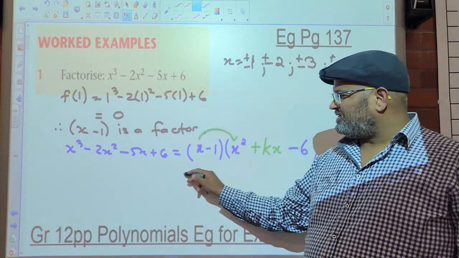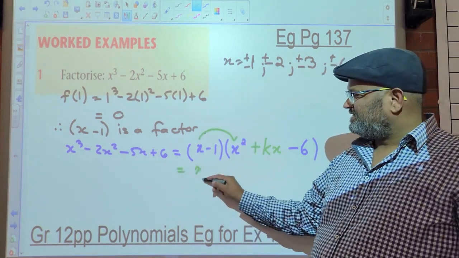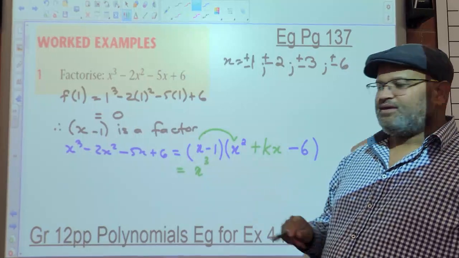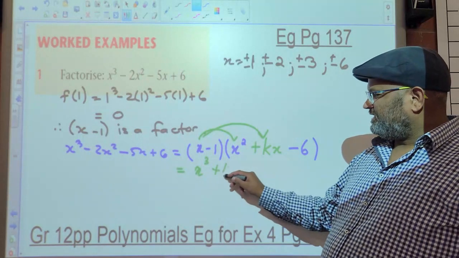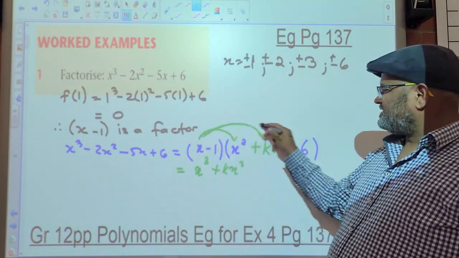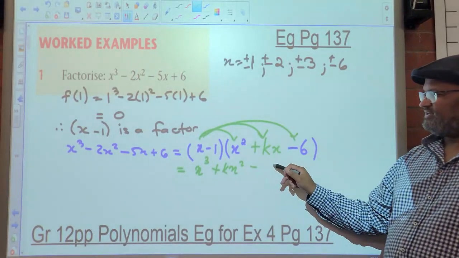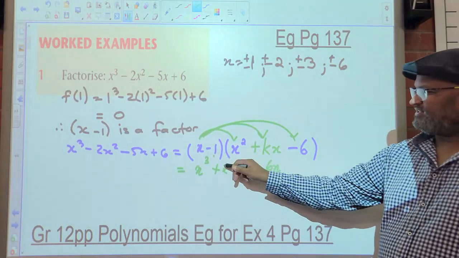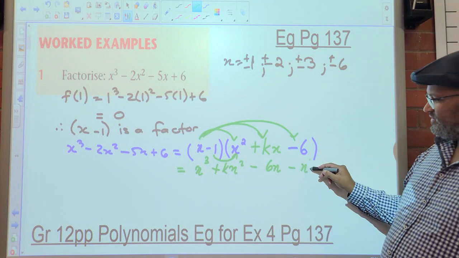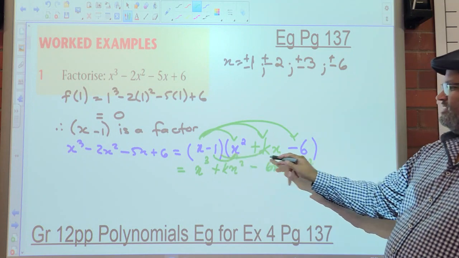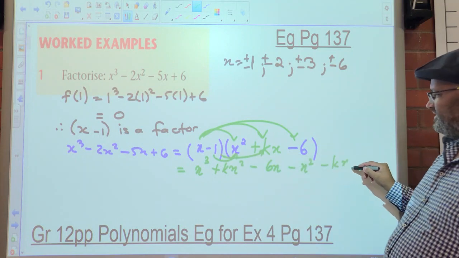x times x squared is x cubed. What is x times kx? kx squared. What is x times minus 6? Negative 6x. What is negative 1 times x squared? Negative x squared. Then negative kx. And then,